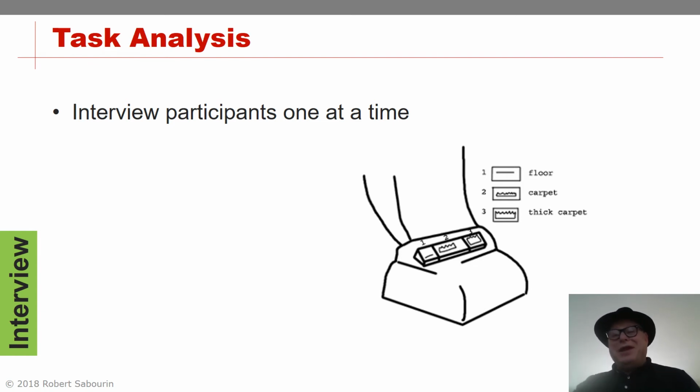I think participant A might say things so as not to make B and C uncomfortable. I think A might not say things or may say things based on who's in the room. So what I've learned is interview participants one at a time, make them feel very comfortable,